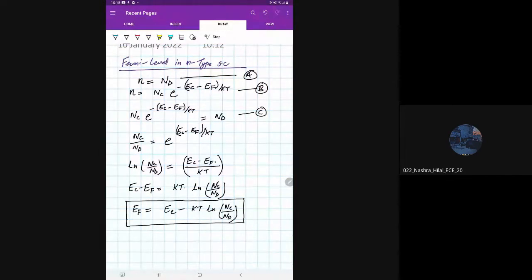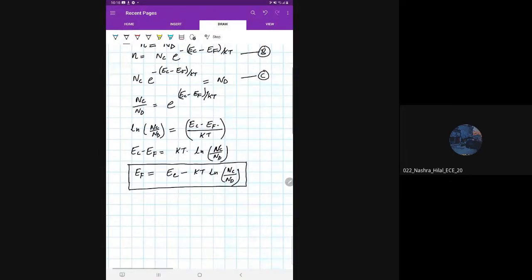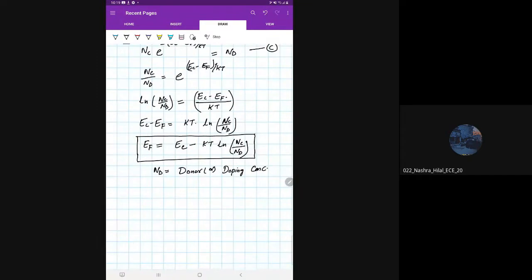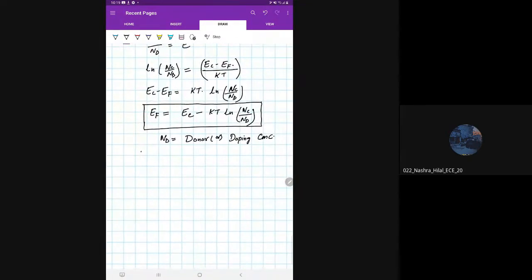And we know that in this equation, Nd is nothing but the donor or N-type doping concentration. So we can conclude that in N-type semiconductors,